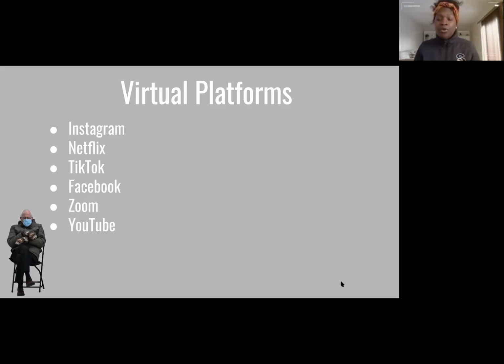Lauren spoke about passive programs. And so Instagram is a great place to host passive programs. If you're doing a virtual contest, a photo contest, a virtual scavenger hunt, where people would post their pictures of what's going on, Instagram is a great place to be able to do that and host virtual programming, both passive and active programming.